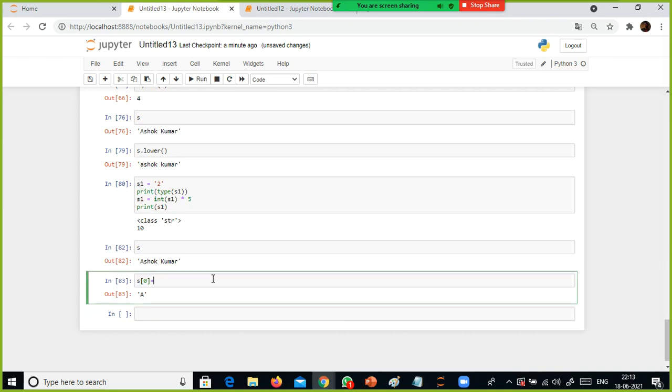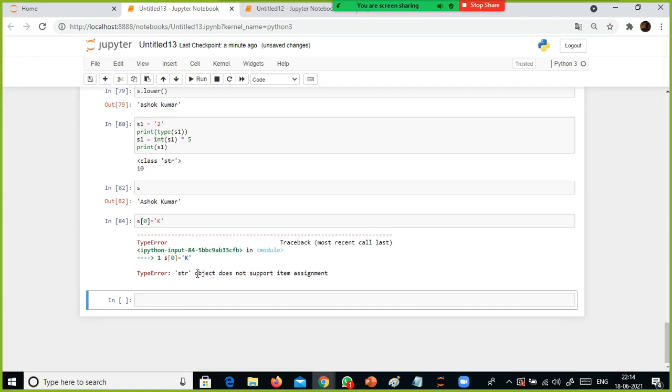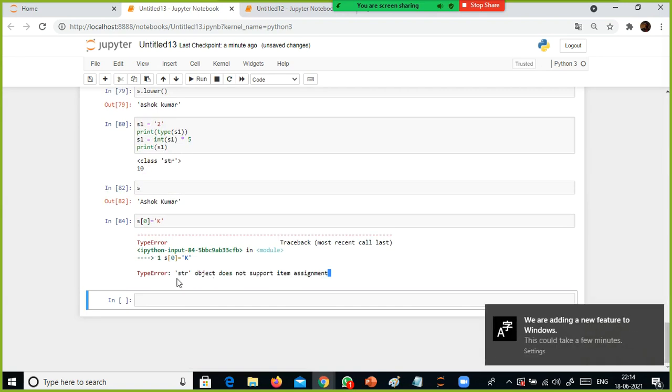On the right side, the equal sign is called your assignment operator. The equal sign is called your assignment operator. I'm going to use something called K. So K shok Kumar. Instead of A, replace the A by K. If I give this, what happens? String object does not support item assignment.